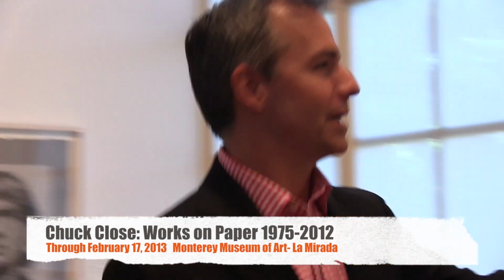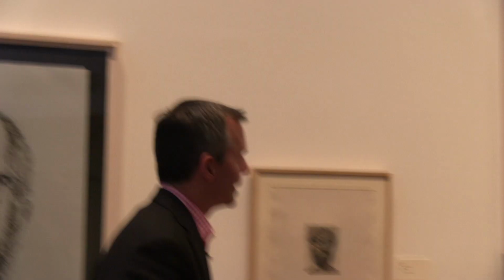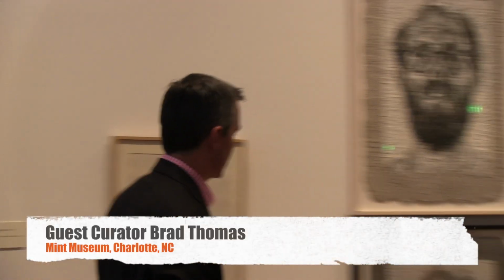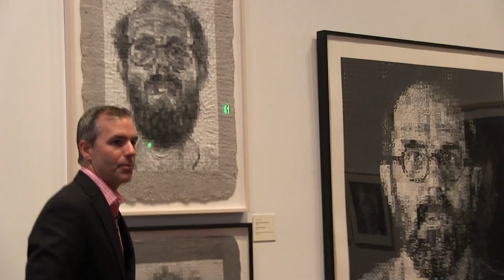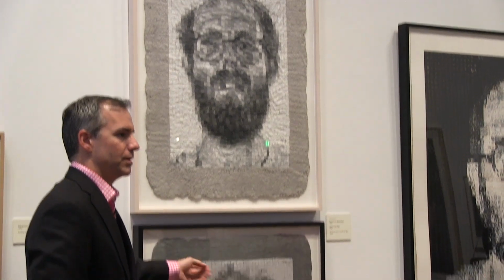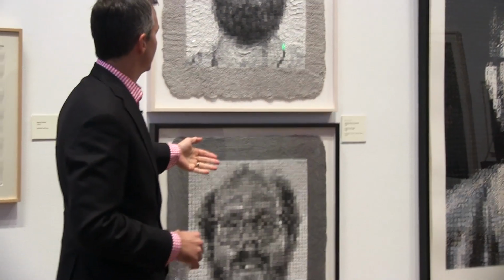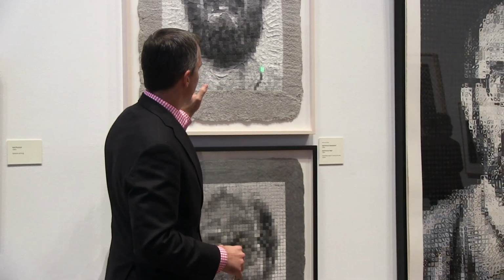So here we get to the big wall of close, or the big close wall. So again, you see this actually is a little more evident because they're using quite a bit more paper pulp in these squares, and so it's building. The colors are in higher relief here, but you can really see where he's getting in there and